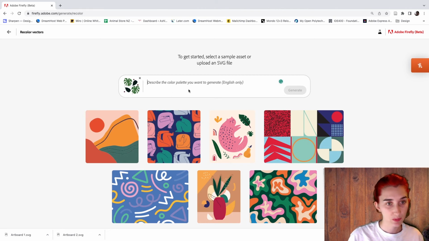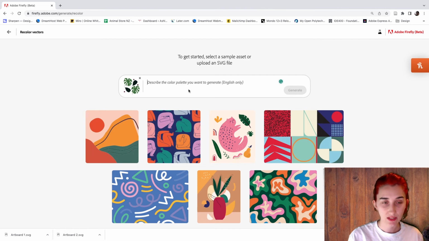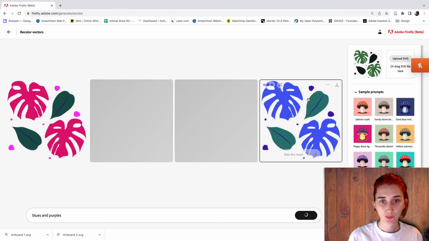So I drew this pattern last night and I thought it would be a good one to try out. So at the moment it's just like got dark greens in it, and so you insert the SVG and then describe the color palette. So I feel like I want to change this to